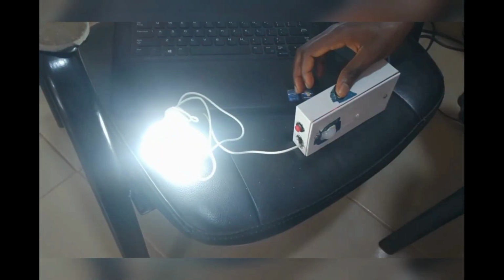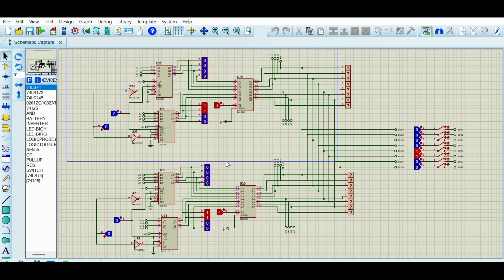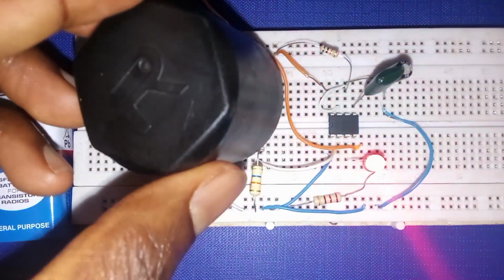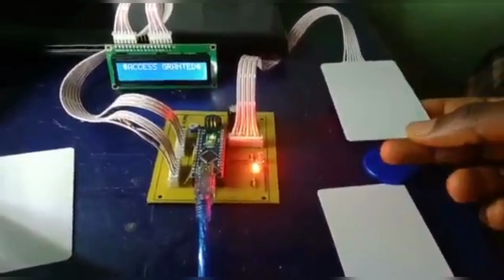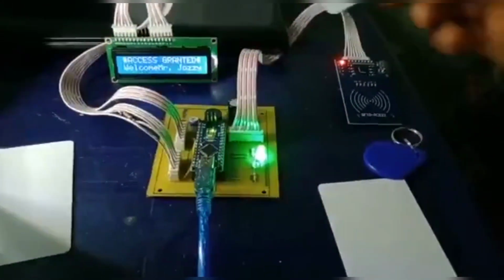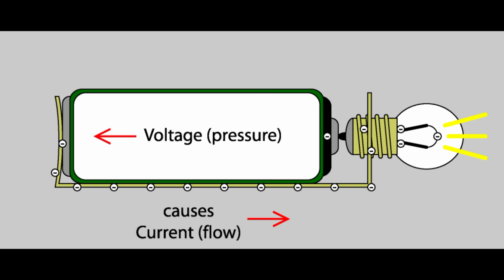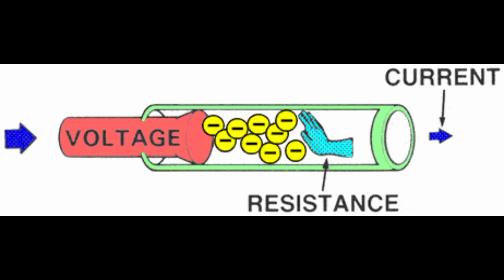Perhaps the most common predicament newcomers face when learning electronics is figuring out exactly what they must learn and in what order they should learn it. So instead of guessing, here is a clear roadmap to the electronic fundamentals you need to learn and master as an embedded systems engineer. So at the top is theory, and this is where you learn voltage, current, resistance, capacitance,